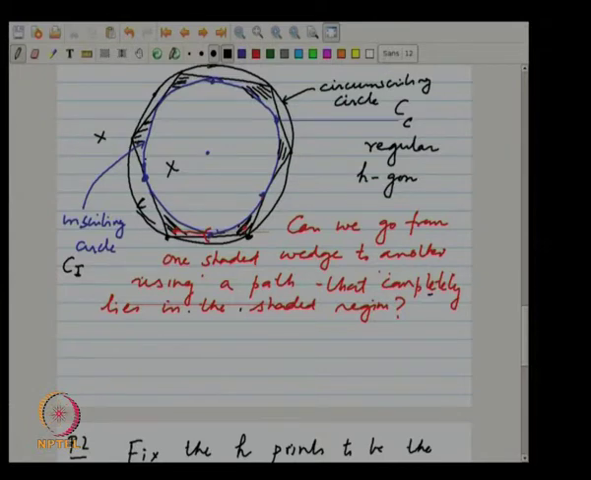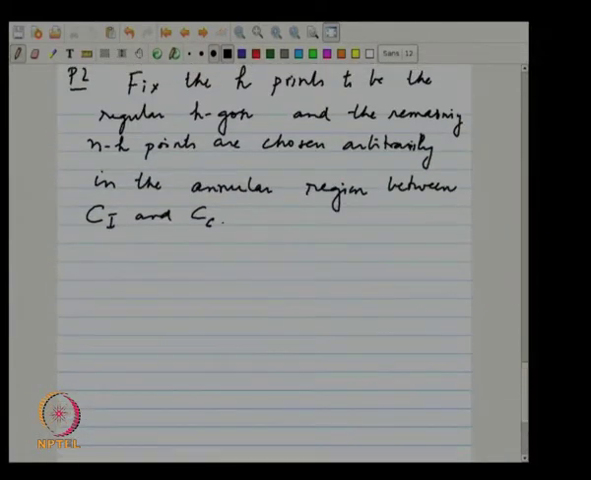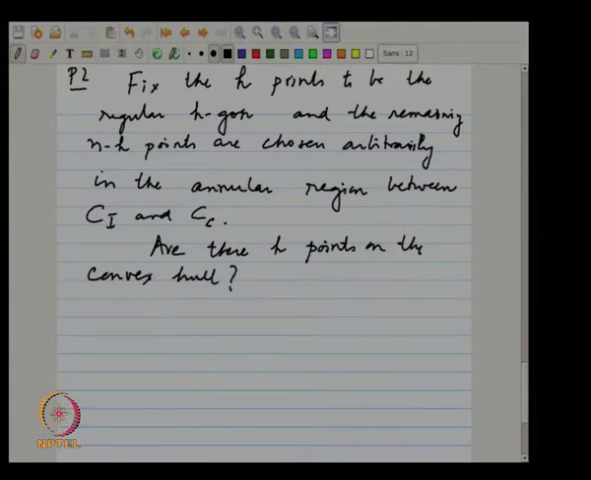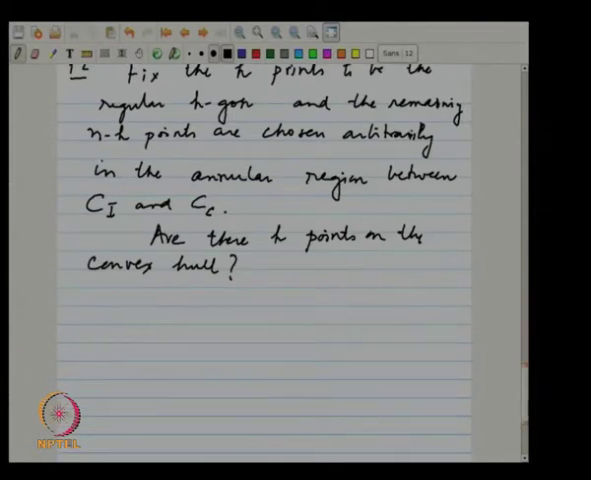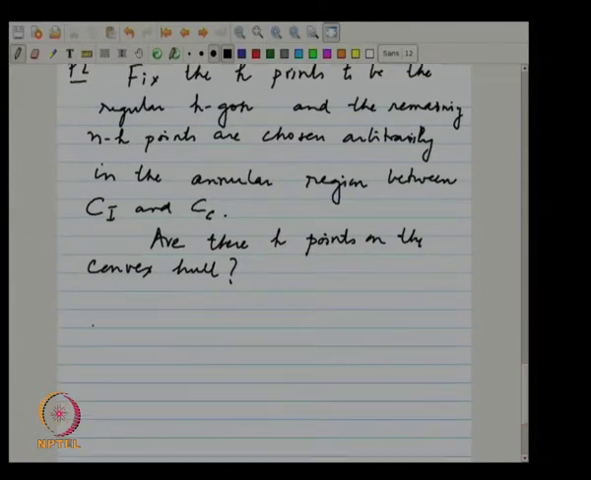So, this is how I am defining my input. And then I ask the same question. Then we ask the same question, are there h points on the convex hull? Okay. So, this is my problem, the new problem. Okay. Claim